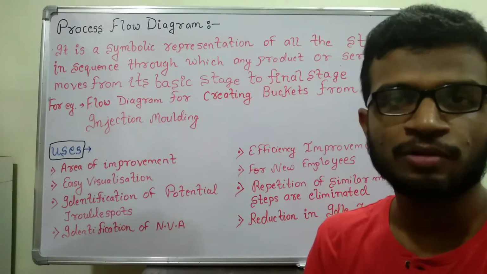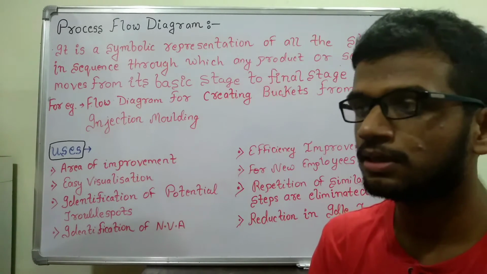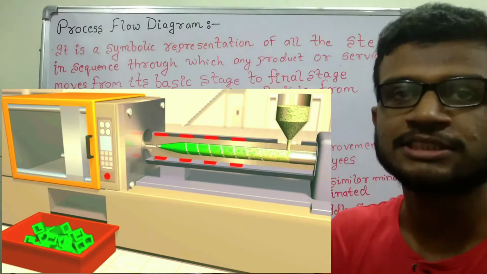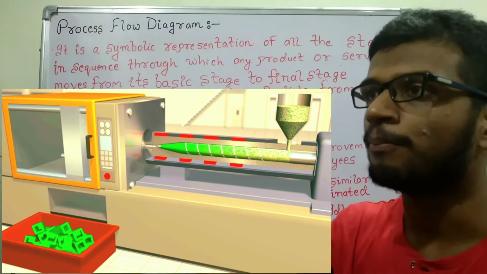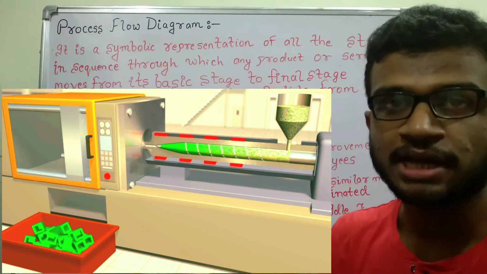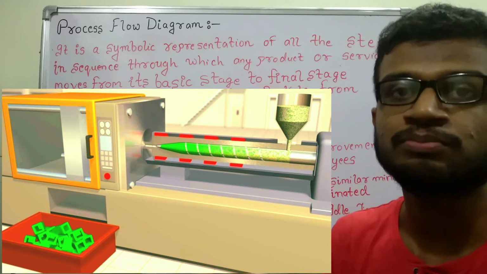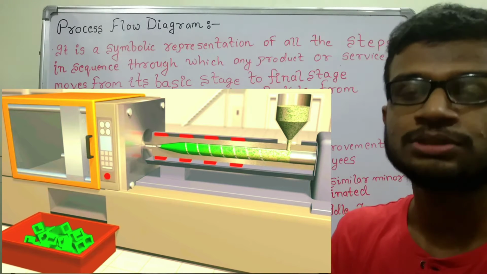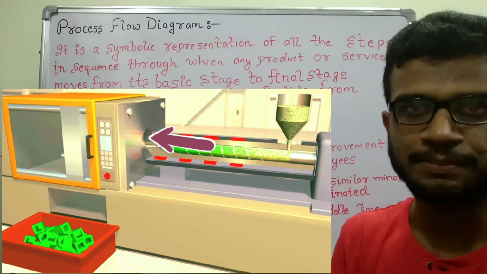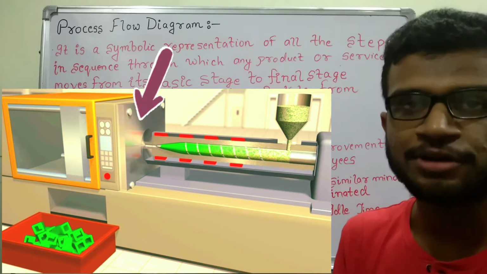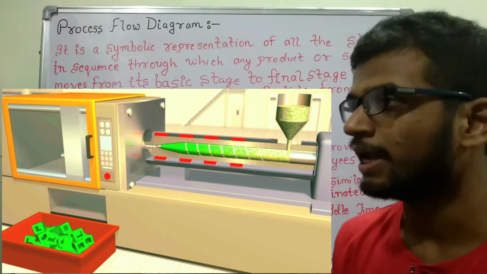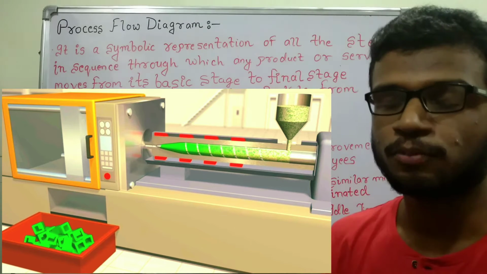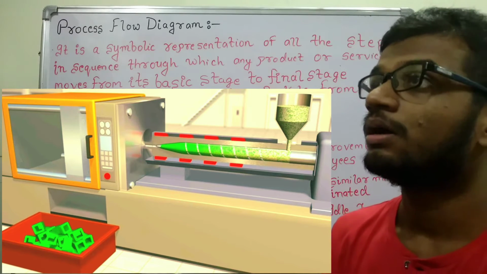Example of manufacturing of a bucket via the injection molding process. What happens during the injection molding process is, first the raw material is fed into the hopper. From the hopper it enters the barrel, where the raw material is plasticized, it is heated, it is mixed uniformly with the additives. Then from the barrel it oozes out through the nozzle to the mold cavity. Then after it has entered the mold cavity, it is allowed to cool for some time, and then the mold opens and the product is ejected out. The product here in this case is a bucket.